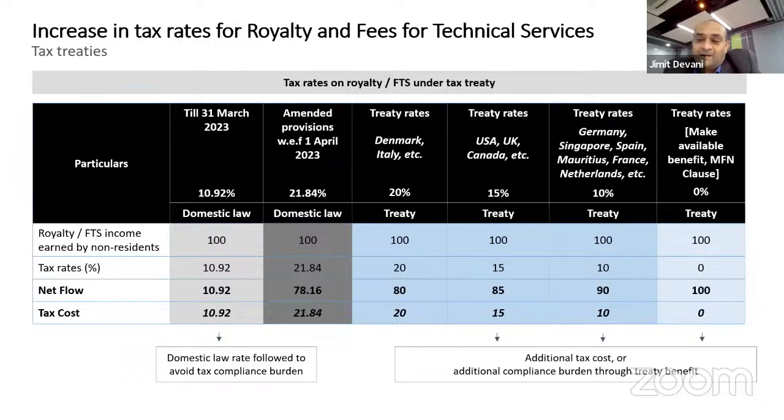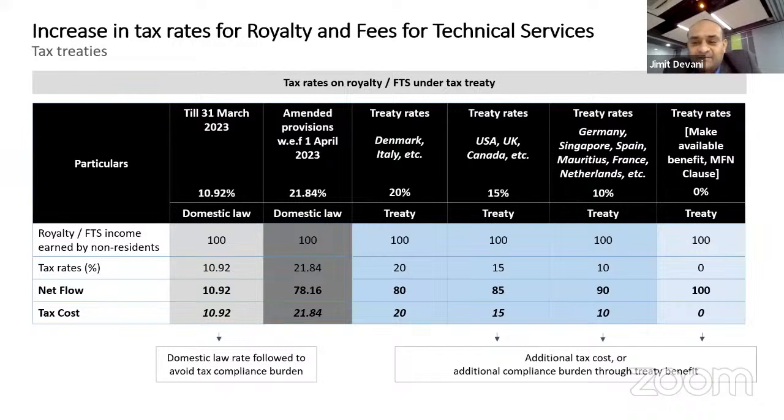Under the treaty, it says that if you are rendering services which are in the nature of fees for technical services, it will be taxable in the source country, that is in India, only and only if it makes available the technical knowledge. Now, what do you mean by make available? Let's assume that I'm sitting in a room where there is an air conditioner, and the air conditioner stops working, and you call an engineer. The person comes, repairs the AC, goes away. You pay their professional fees, and they go away.